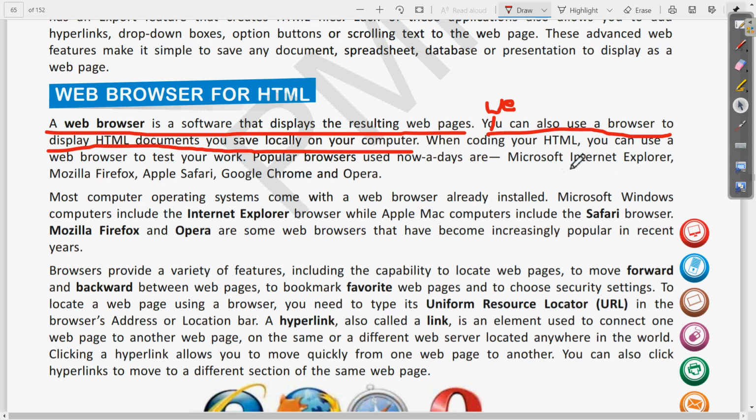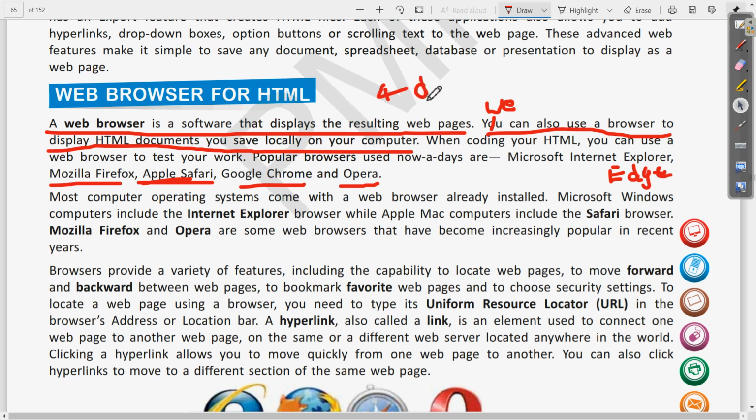Now Internet Explorer has been replaced by Edge. So if you want to write that, you can write the Edge, or here already we have some more also, you can write these like Mozilla Firefox. So the different popular web browsers are Mozilla Firefox, Apple Safari, Chrome, Opera. Clear? So write few of these names. So this will complete the answer. Clear? So this was the answer of question 4th D.